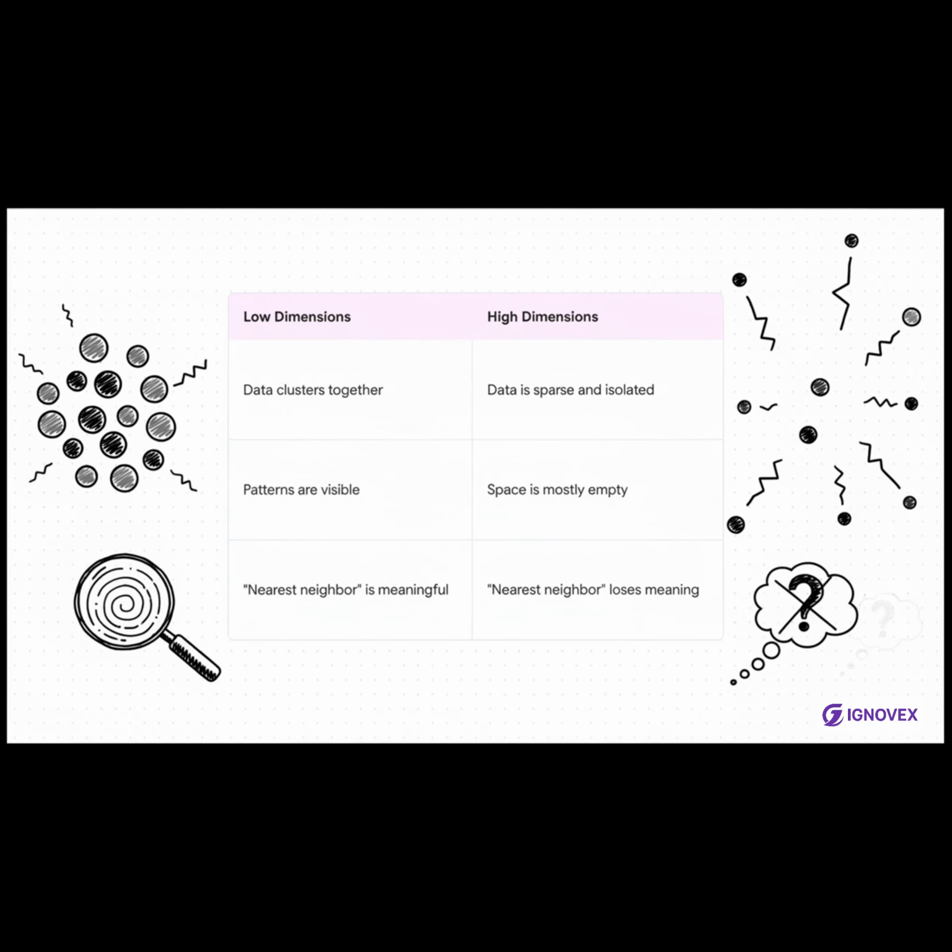This slide just lays it out perfectly. In low dimensions, over on the left, everything behaves like we expect. Data clumps together, you can see patterns, it makes sense. But then you look at the right, in high dimensions, and this bizarre thing happens. Every point becomes far away from every other point. The whole idea of a nearest neighbor becomes almost meaningless because, well, everyone is a distant neighbor.